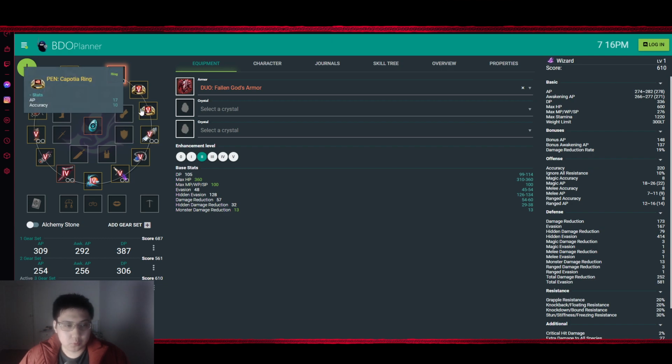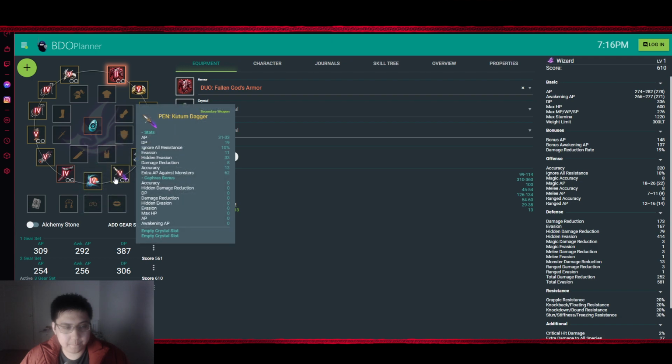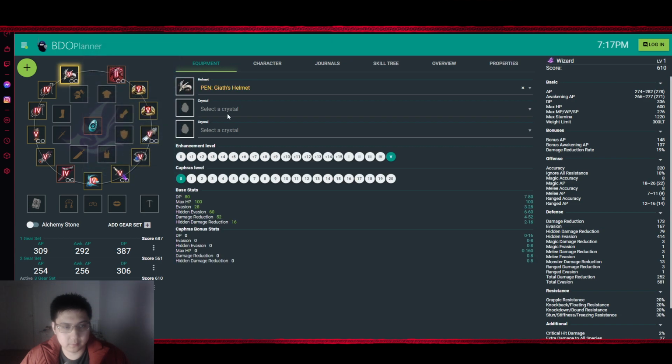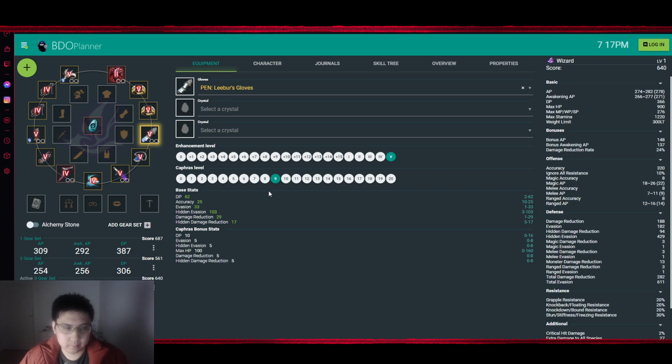And then after this point, what you want to do is start Caphrasing some of these armors, like going from C2 to C4 to C6 to C9, right? So let's put these at C9, remembering what I talked about with the DR. So you got full C9 here, and let's start